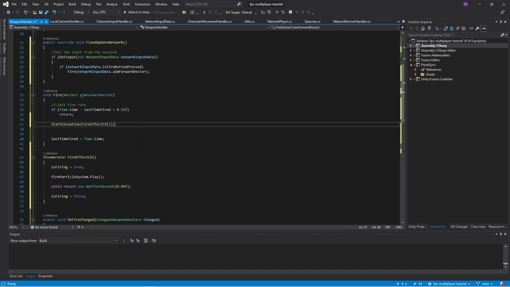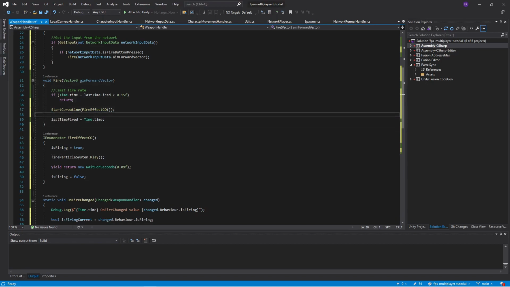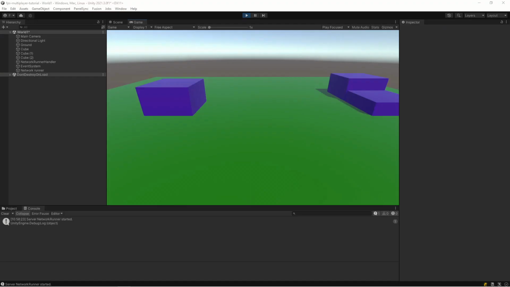If we look at our code, we're going to get triggered this Fire function because we have detected that the player has pressed the fire button, and we're going to start our coroutine Fire. That's going to change our network variable isFiring to true, and then we're just going to store the time that we have fired and continue. So if we save now and go into Unity,